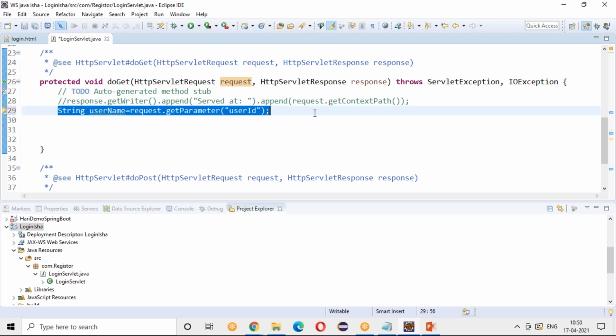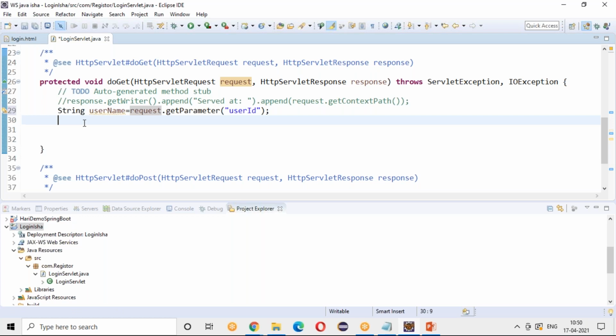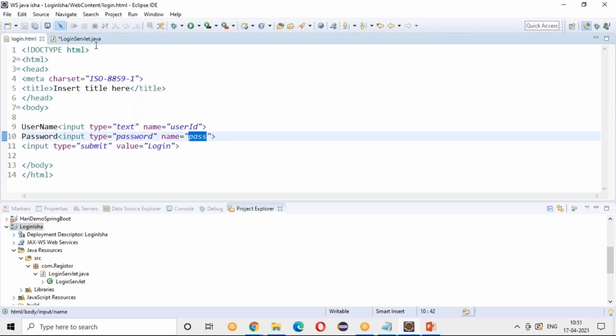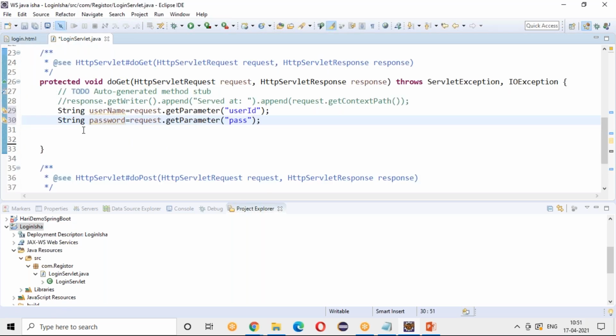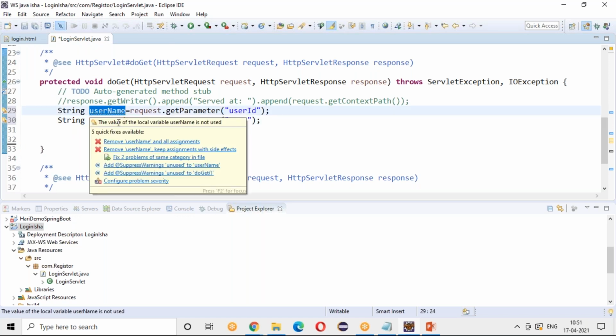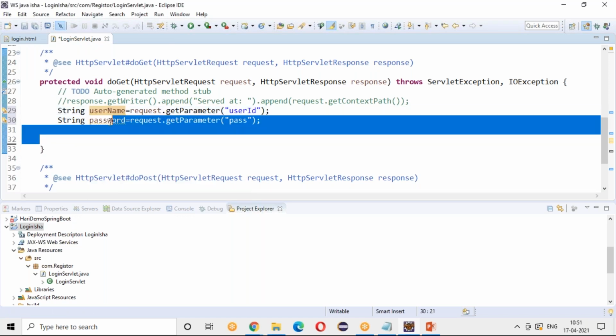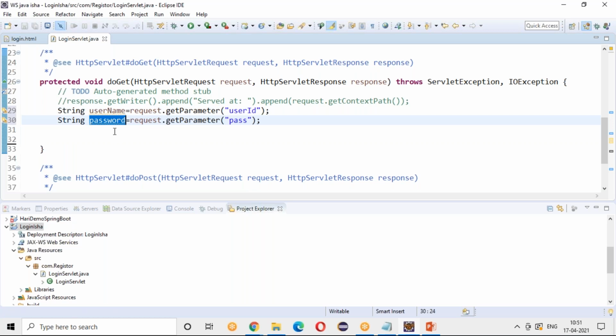Same way I need to get the password. So for password, what is the value I need to pass? Pass, because this is what I'm giving as an ID here. So it will return the user ID entered in the browser and the password entered in the browser, and I'm just storing them in two variables.